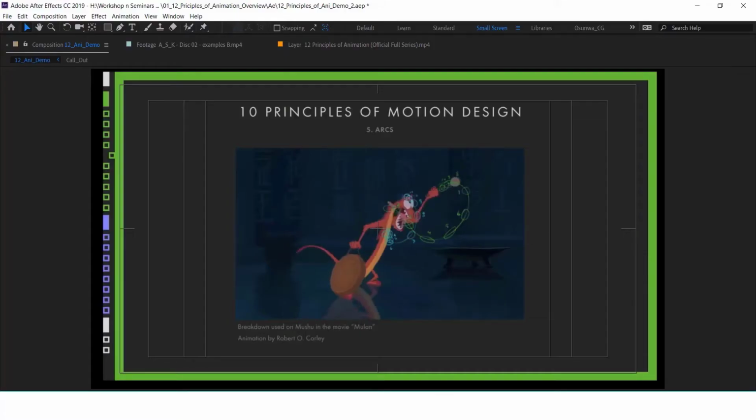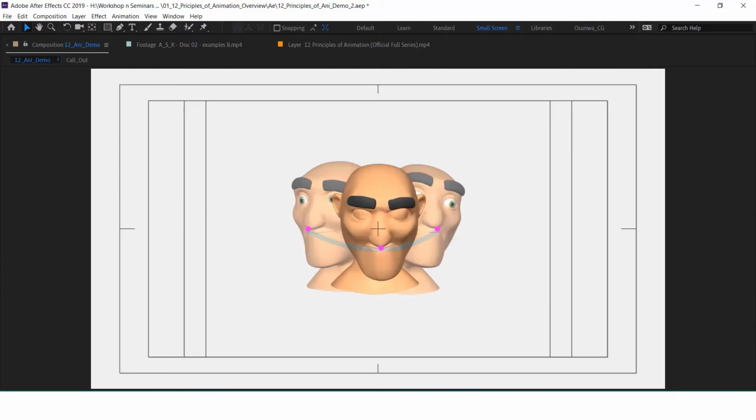This is Mushu in the Mulan cartoon. So you can see when he hits this thing on his head, there is this circular path. So does all the cartoon. Also, it's crucial to know this whenever we are doing a head turn, because this is very tricky. You may think